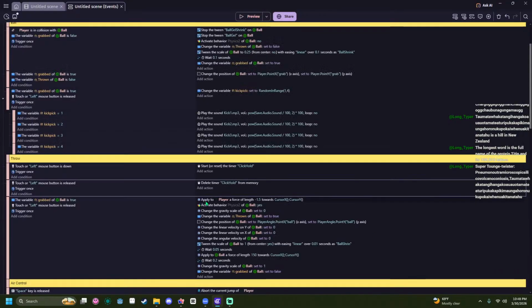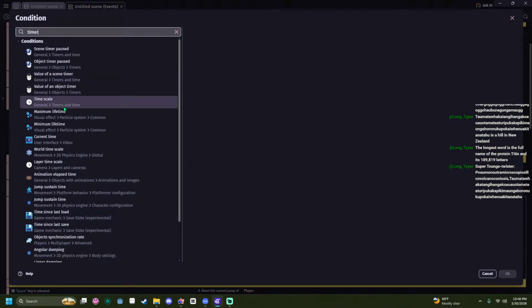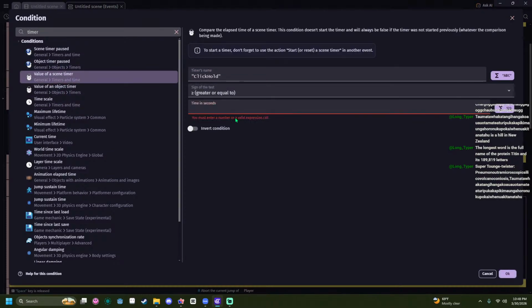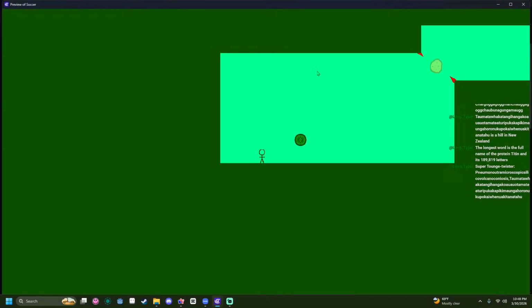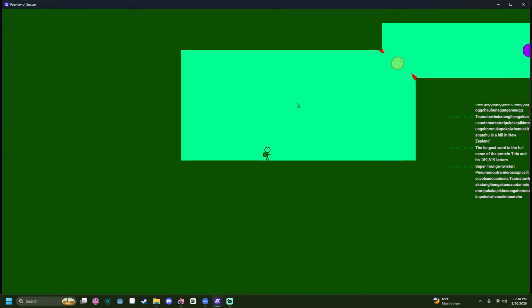Click hold. Okay, so now we're gonna make it to where the timer value of a scene timer, click hold, if it's greater than like half a second. So we have to hold it for a bit for it to work now, right? So see if that works. Yep.